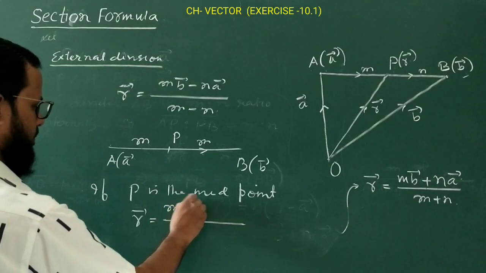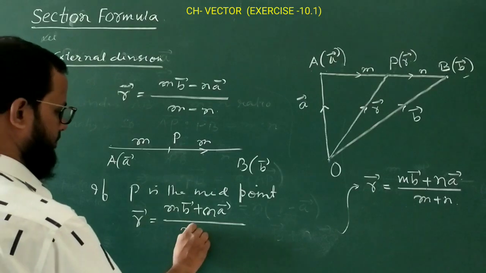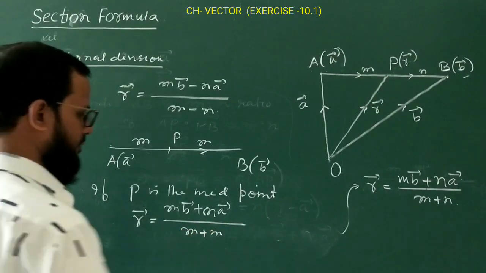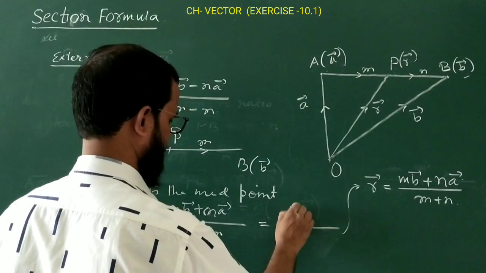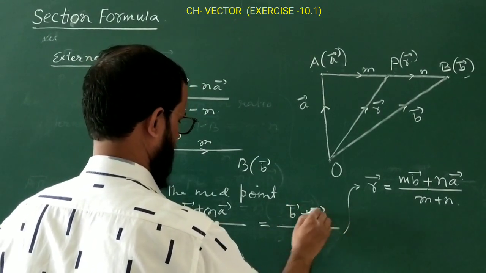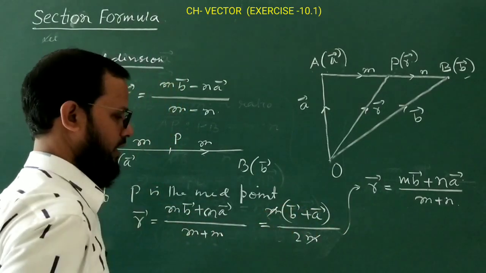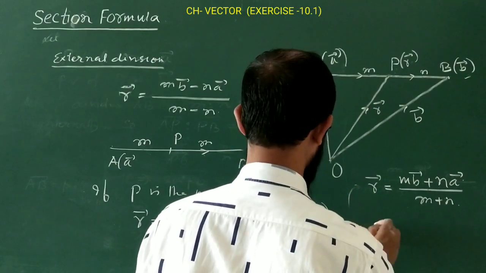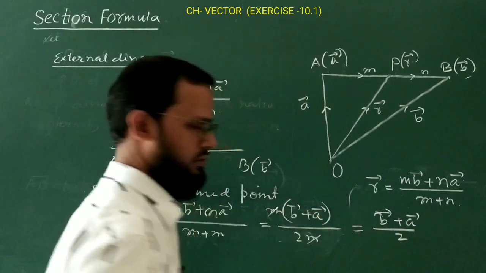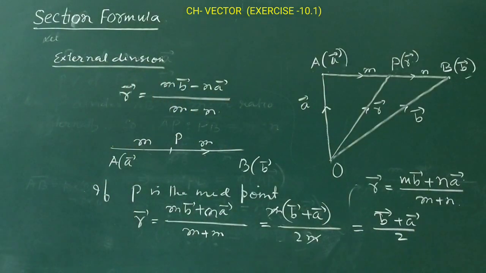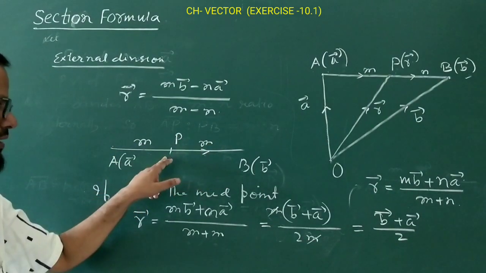M into B vector plus N into A vector. Sorry, this is M divided by M plus N. Yes. And finally you take M common, then here twice M रहेगा. So it means B vector plus A vector into M, and नीचे क्या होगा? Twice M होगा. तो M cancel, and the final result will be what? B vector plus A vector divided by what? 2. So very simple way you can find the position vector of the midpoint which divides the vector in equal